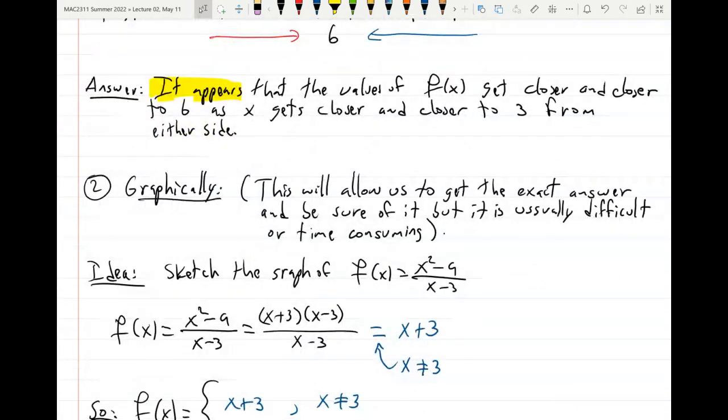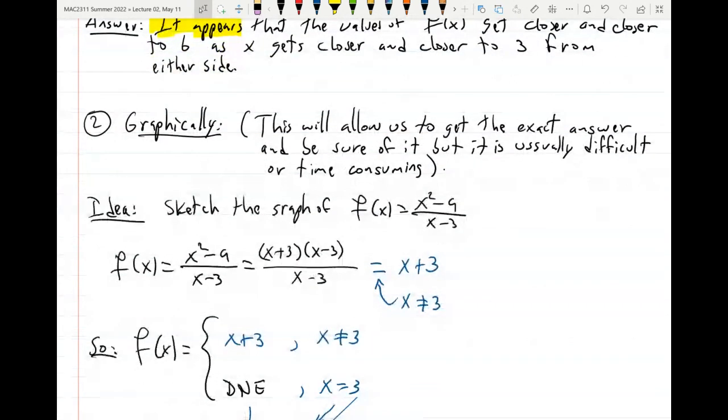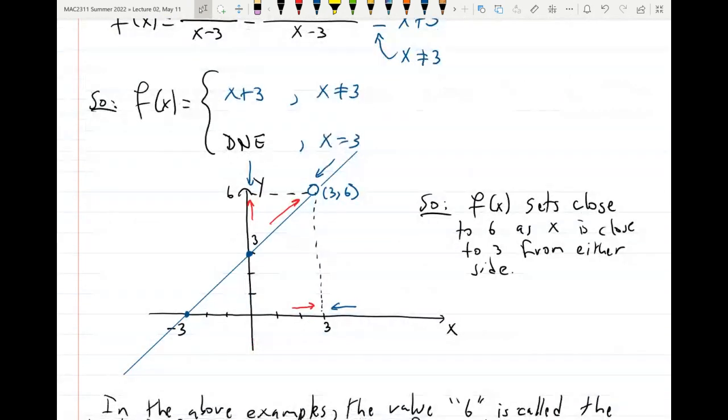To overcome this difficulty that we don't want to be guessing, we talked about another idea, which is graphically. If you can graph the function, you basically can answer almost any question about this function, so we can use it to compute limits. We want to know what happens to the function when x is close to 3. We sketch the graph of the function. In this case, this was something that we could do pretty easily. It's a line with a hole. And then we can see by looking at the picture that when you are close to 3 from either side, the values of the function approach 6. So now we're sure that the answer is 6. But